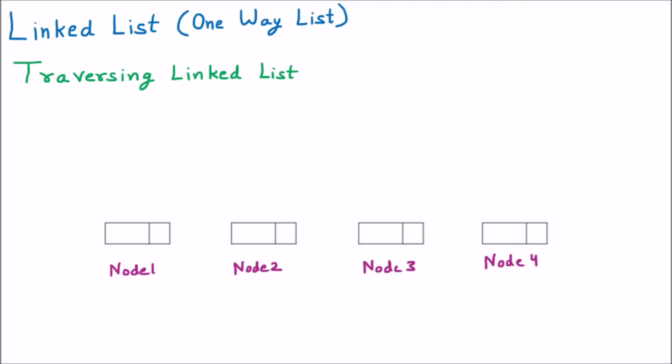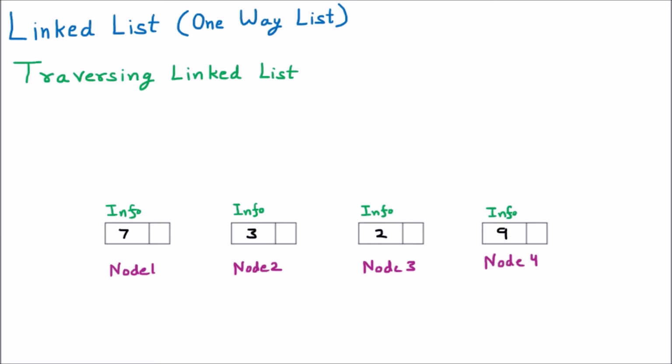All the nodes are divided into two parts. The first part of every node is called the info part, so we are writing info part here. Now this info part contains the information. Information means all the elements which are stored in the linked list. Let us assume the elements I am storing here are 7, 3, 2 and 9. So these are the four elements which I have stored in the info part of the nodes.